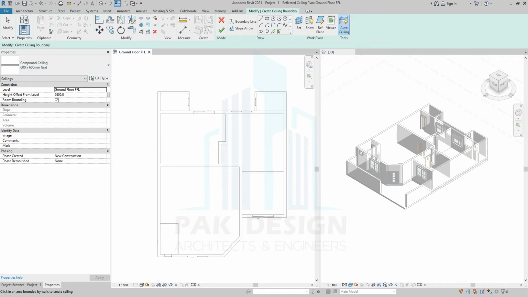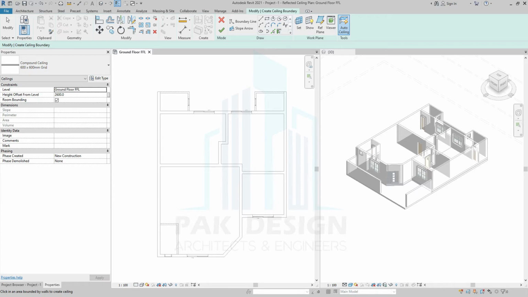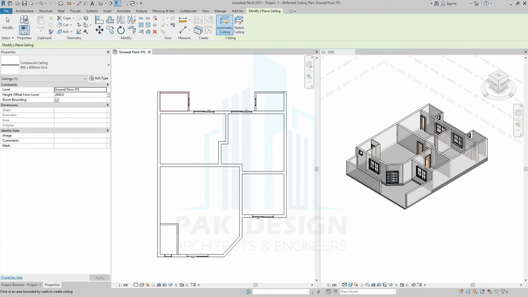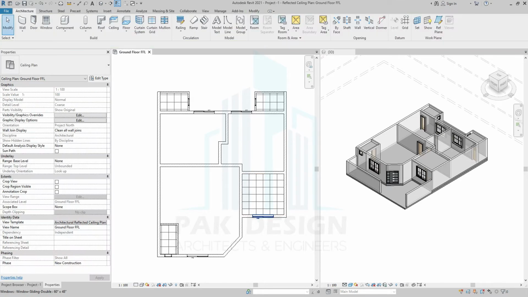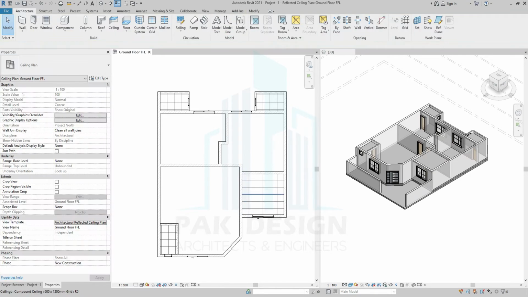Here you will see the property, which ceiling are we going to use here. It's a grid ceiling 60 by 60 and ceiling height is 2.6. If I select here automatic, it will come like ceiling, then automatically it will come again 2.6. So this is grid ceiling, means 60 by 60 ceiling. If I want to change this into different like 60 by 120, so it will come back again.